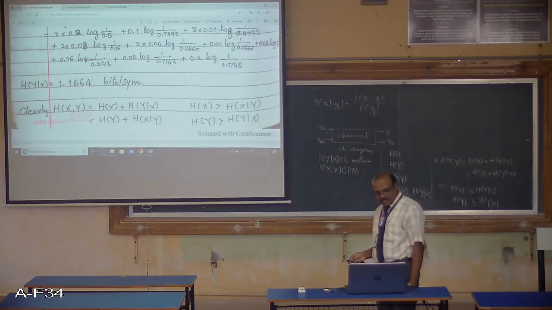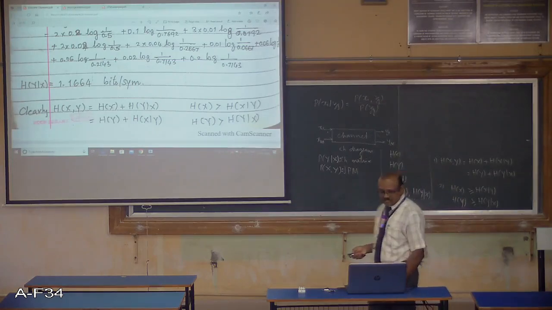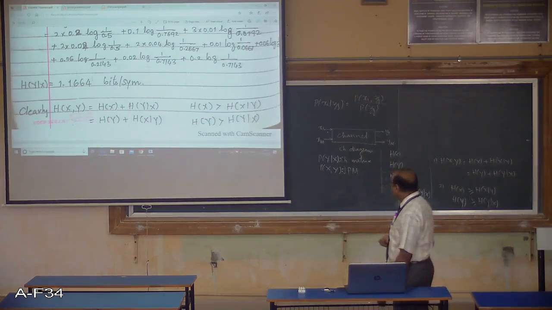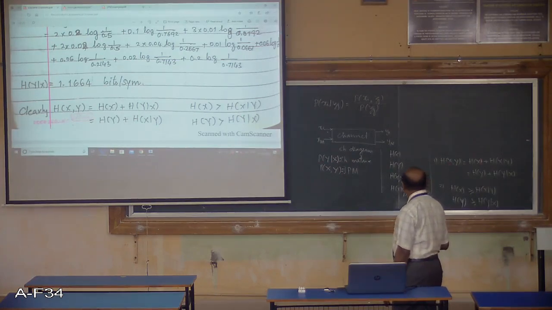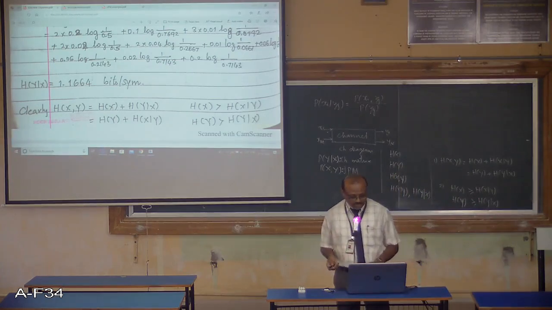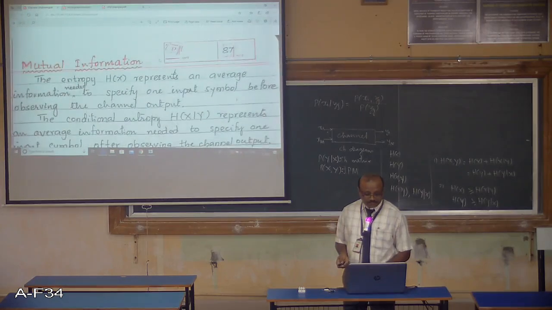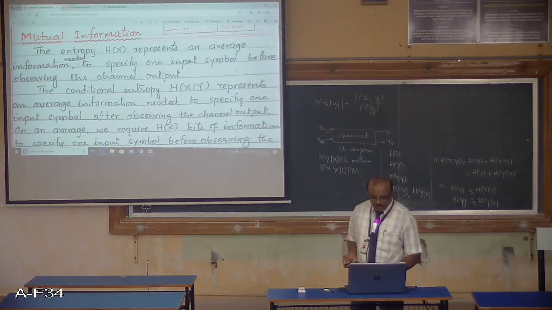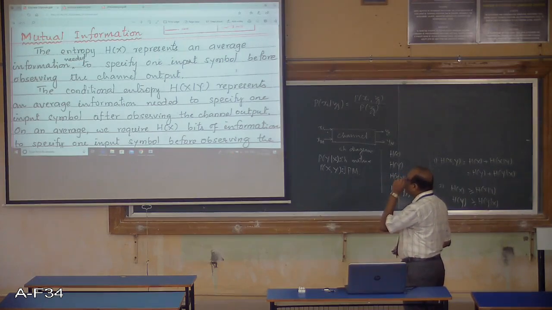So given a channel represented in the form of a JPM, we can calculate all the entropy values and verify the relations. For any channel matrix, we can calculate all these entropy functions and verify the relations. So that's an example. Another point about the channel: like entropy functions, we have one more parameter called